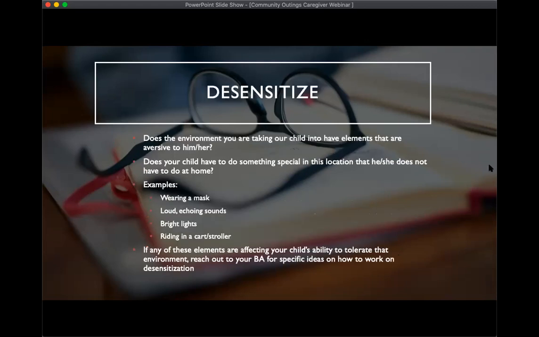So, desensitizing. Does the environment you are taking your child into have elements that are aversive to him or her? One of you mentioned parties, that it's overstimulating, too many people, loud noises. That situation is obviously aversive to your child.